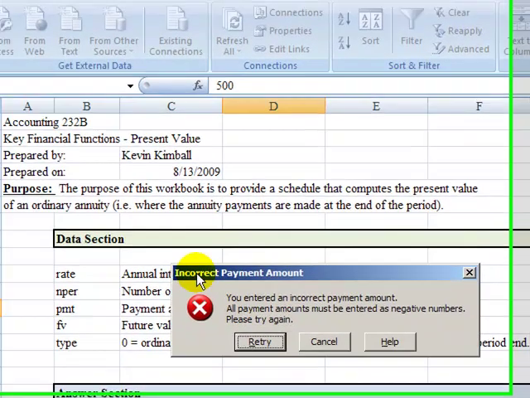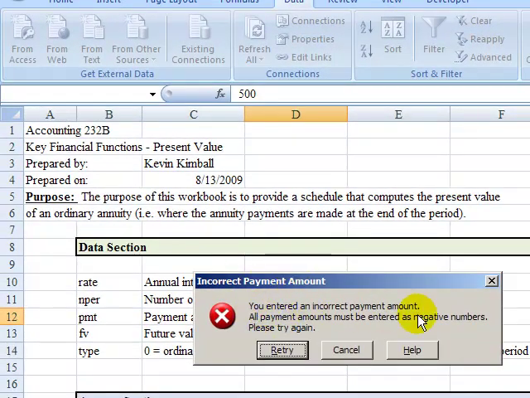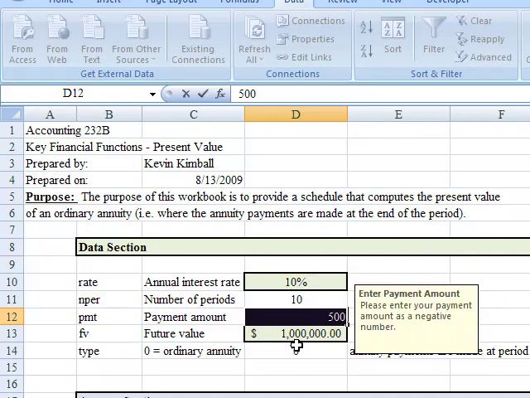You see here's the title that I typed in, incorrect payment amount. You enter an incorrect payment amount and you can see the message. So I'm going to retry it. That's what the user would be allowed to do. And then we could put in that minus